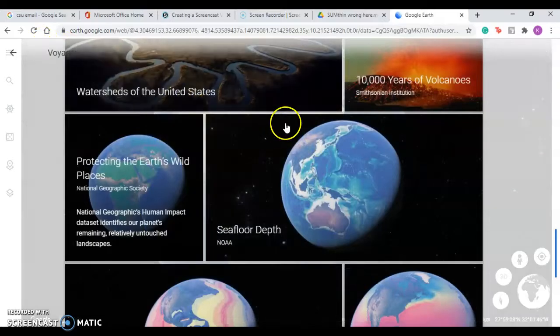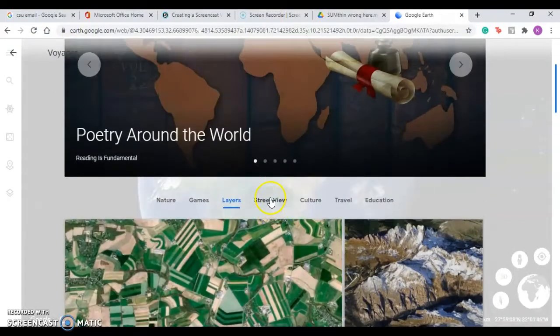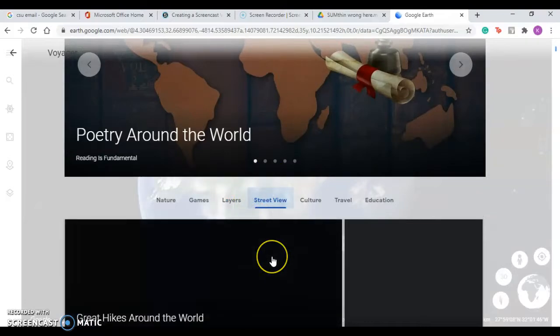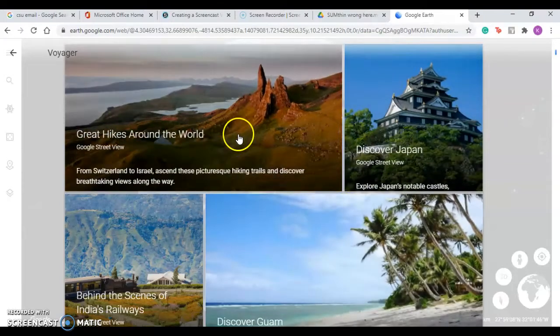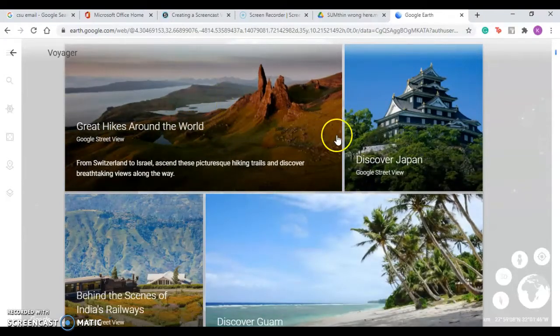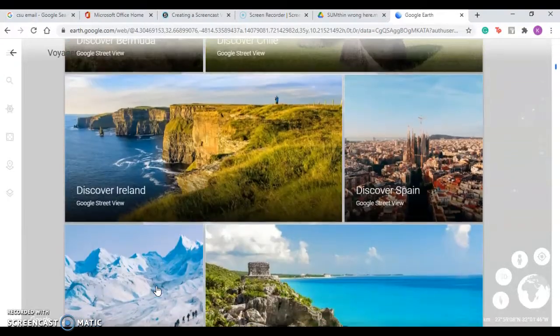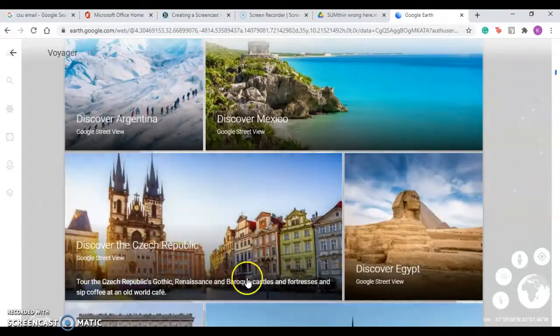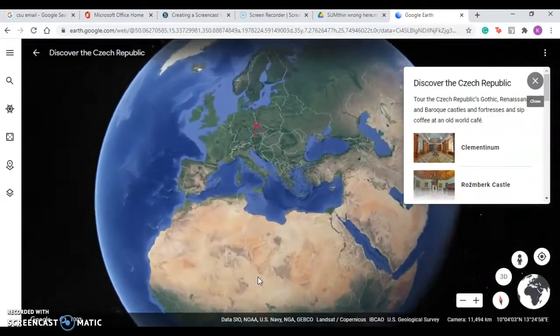All right, we're going to go back here, and now we're going to move on to Street View. Street View is a great way to put students on the ground level of where they're exploring. It could be some sort of area or building. It could be practically anywhere. So let's say we wanted to discover the Czech Republic. Click on that. It's going to take us to the